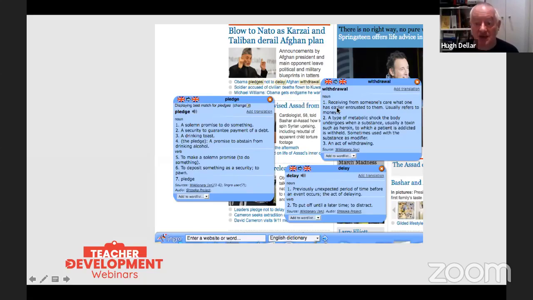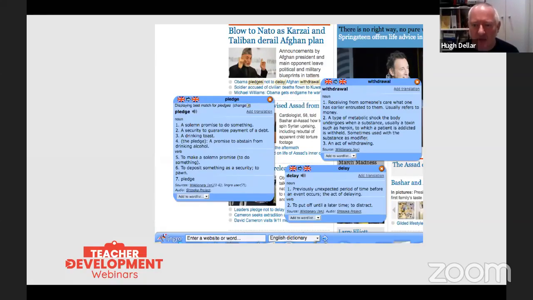When you click on it, you get the pop-up dictionary, which tells you "receiving from someone's care what one has earlier entrusted to them. Usually refers to money." Well, that's quite difficult to understand. And it's obviously not what they're talking about here. So maybe it's the second meaning. "Obama pledges not to delay Afghan withdrawal."